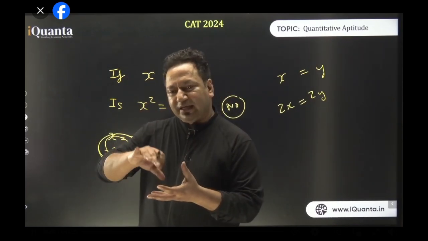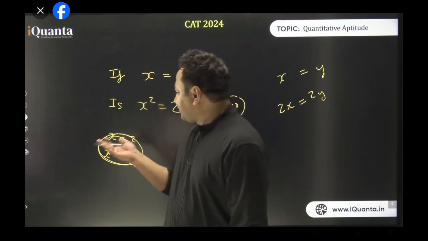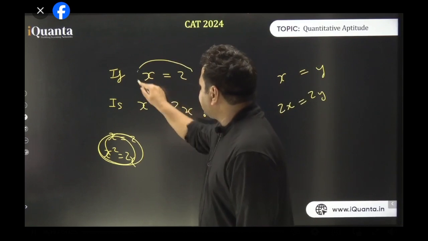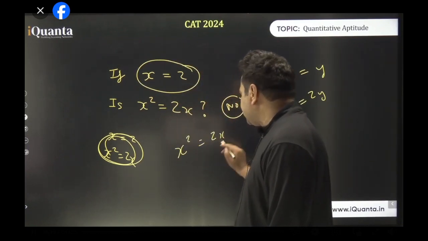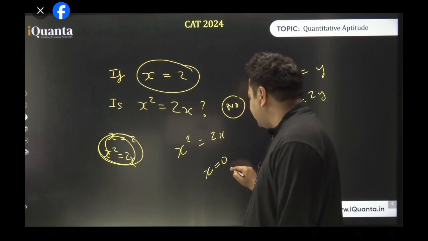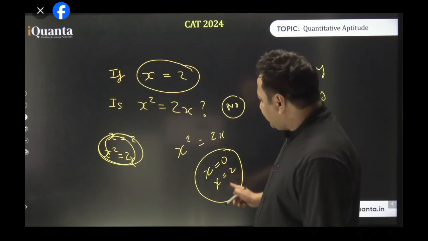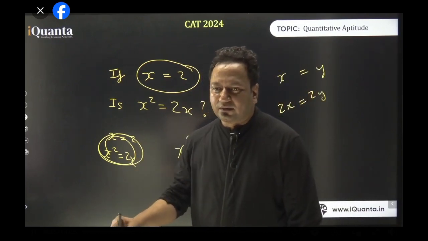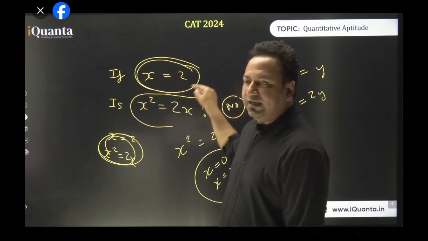Because variables की value पता ही नहीं है. There is a possibility that variable was equal to 0. What if it becomes equal to 0? So, see, if x is equal to 2, इसको देखते हैं. X square is equal to 2x. So there are two possibilities. X can be 0, x can be 2 also, isn't it? Right? You put 0, you get the equation satisfied. You put 2, again equation will be satisfied. So, in this case, we are getting two values of x. Here it is only one value of x, so that is not possible.